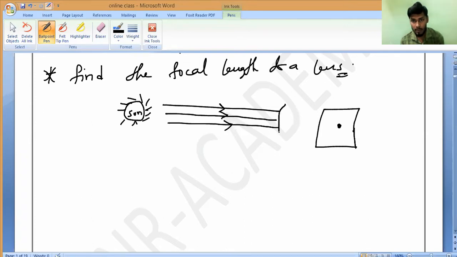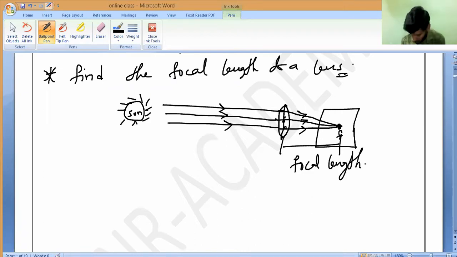When you hold the magnifying glass, like a convex glass, you adjust the lens so that you can see the image of the sun exactly like a point object. Wherever it is observed, you measure the distance from the optical center to that image. That is what we call the focal length. Is it yes or no?